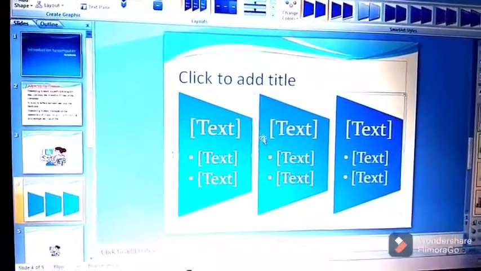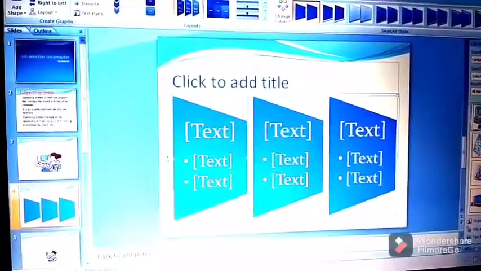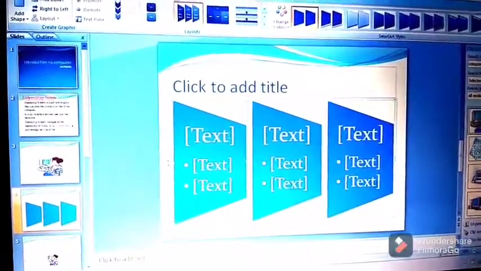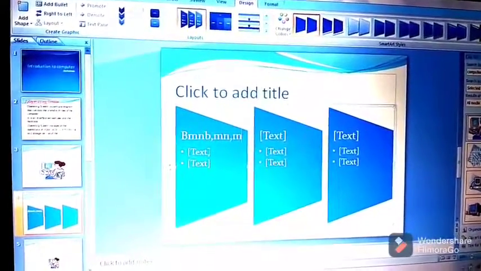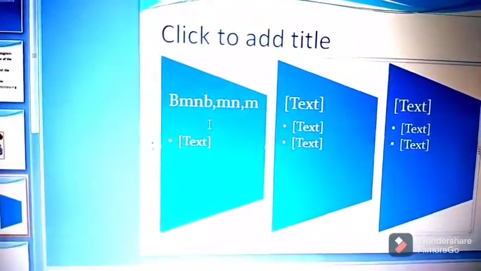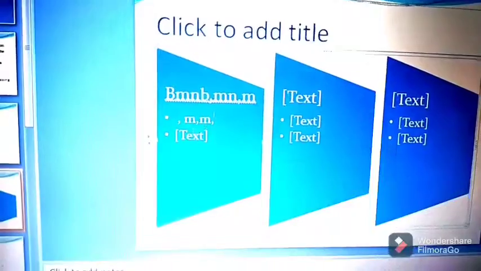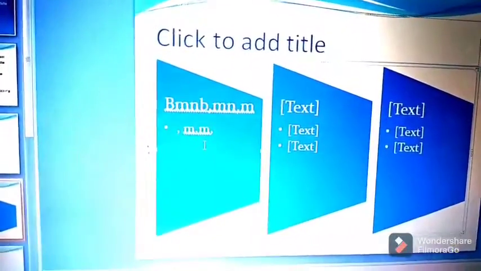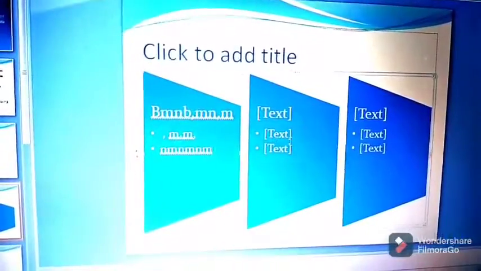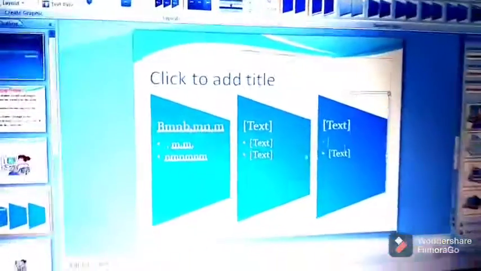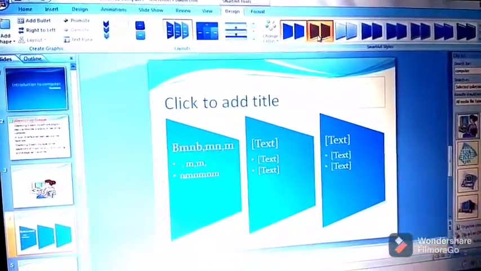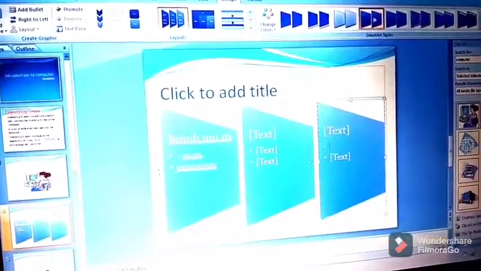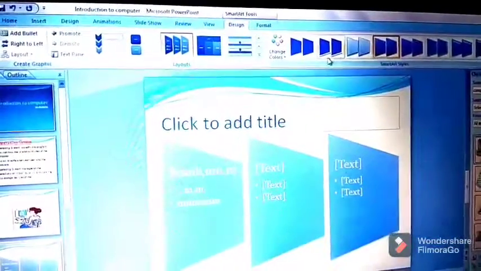Now it's added here. Now I want to add text. So take your mouse pointer, cursor here, and click on it. Now you can write anything. Again I want to write here, that is the second point. Then again place your cursor on it and click. So you can write. Now again click, you can insert. Same procedure with the others also, this one also and this one also. You can add. So here are some formattings also. Like this one, if you want to change, you want this one, you can apply some changes also.